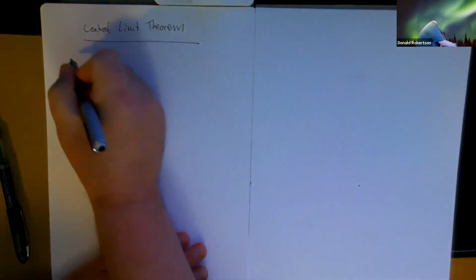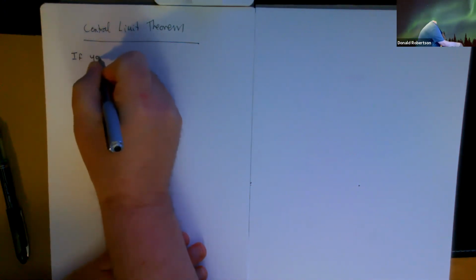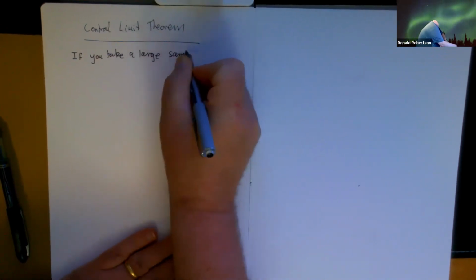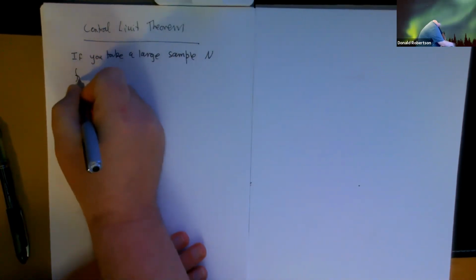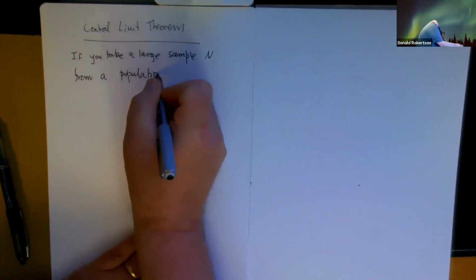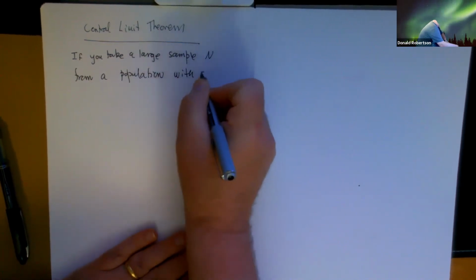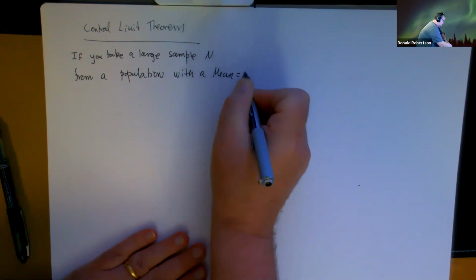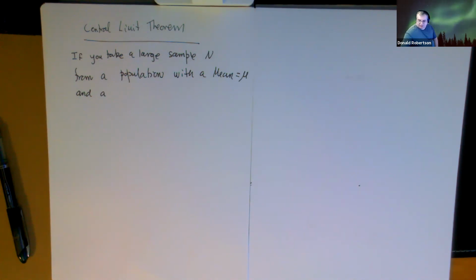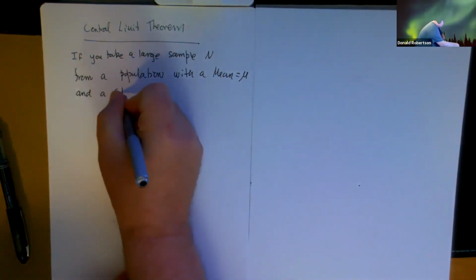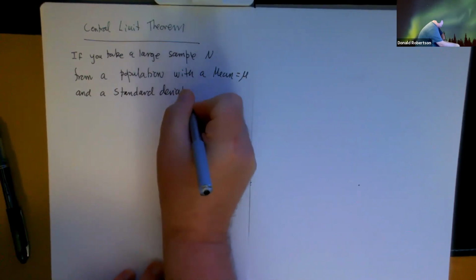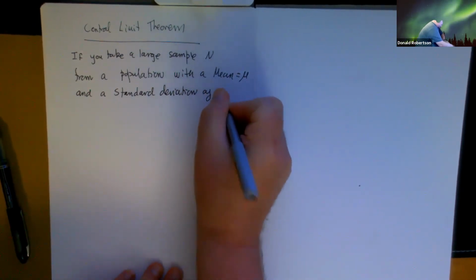Essentially what it says, if you take a large sample N from a population with a mean equal to mu and the standard deviation of sigma,